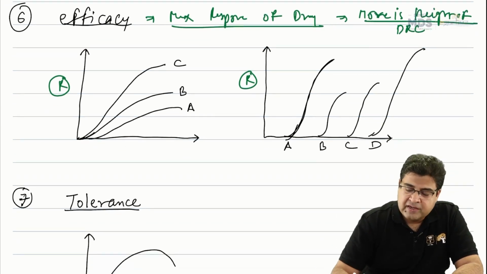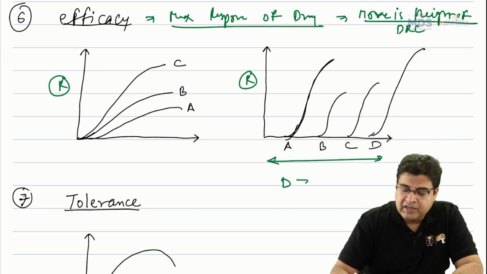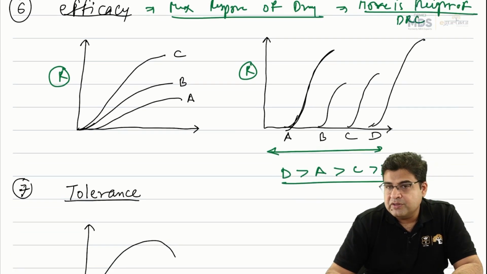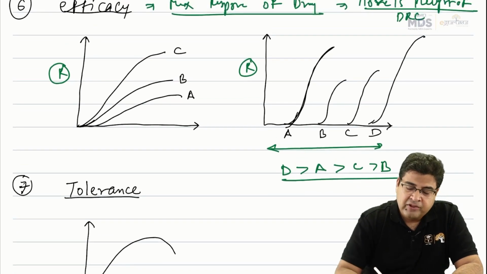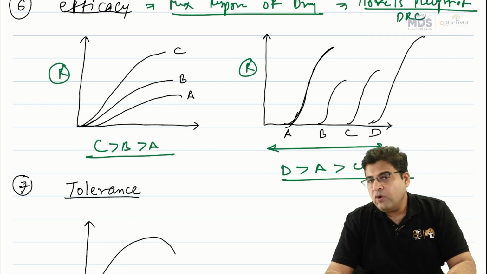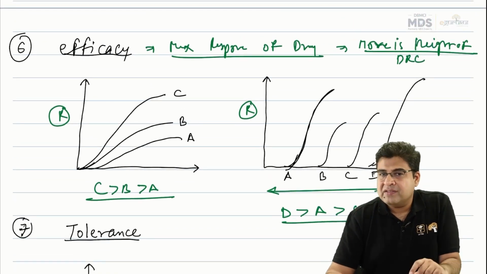efficacy. Like in this graph, if I say we have 4 medicines, D is most efficacious, followed by A, then we have C, then we have B. So this is the sequence of the medicines. Now here in this case, C is more efficacious than B, then A. This is how we can say the more the height, the more the efficacy, the less the height, the less